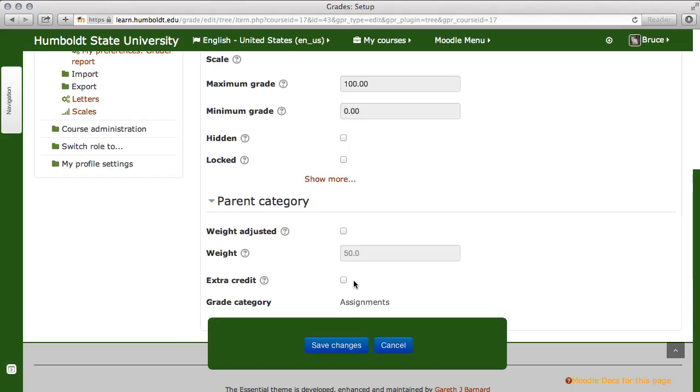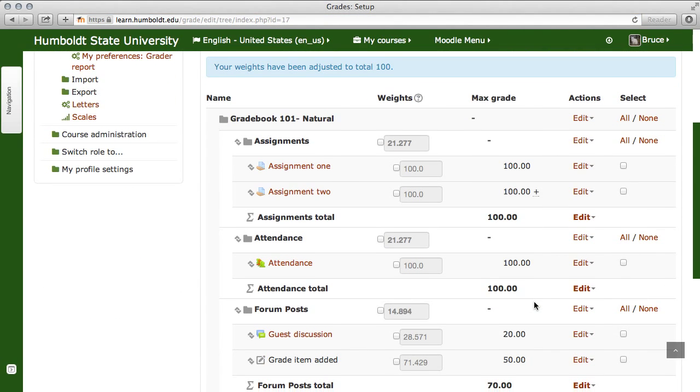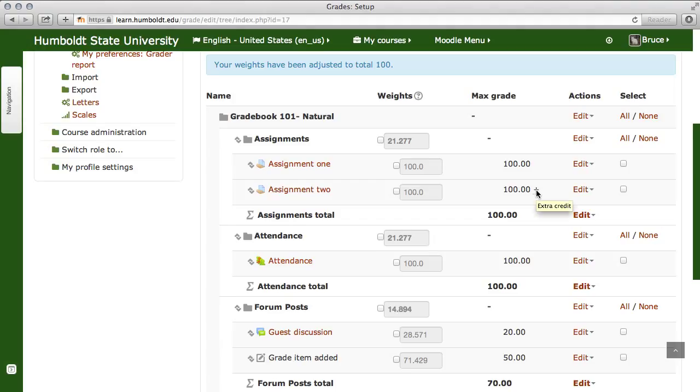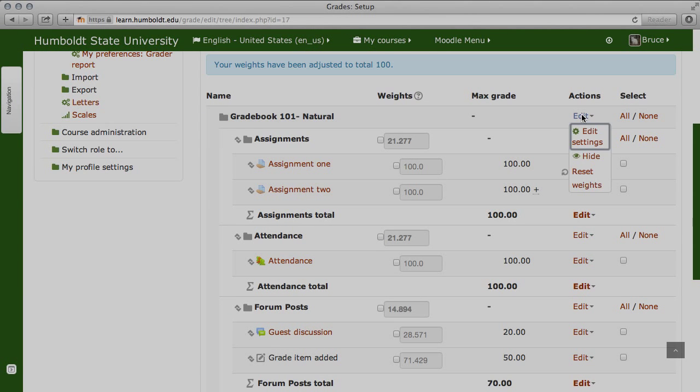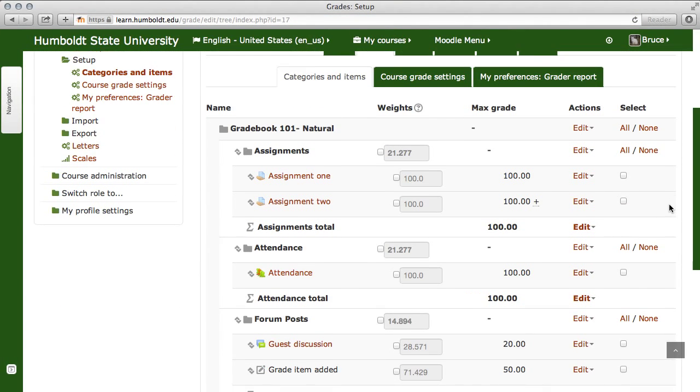Go ahead and click it, save your change, and come back to your gradebook page, and you will see now Assignment 2, right after the maximum grade, 100, it has a plus. And if you float your mouse, it's going to say extra credit. Because I've made a calculations change, I'm going to go to the gradebook name at the very top. I'm going to choose Reset Weights, and I'm going to give it a click. By golly, as we look here at the bottom, the course total has changed because we have modified our point value with an extra credit assignment.